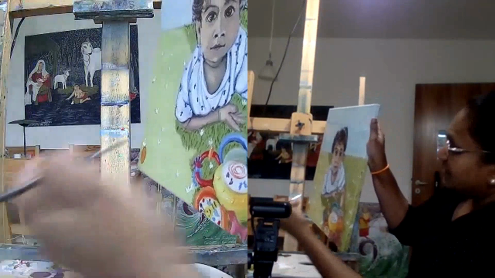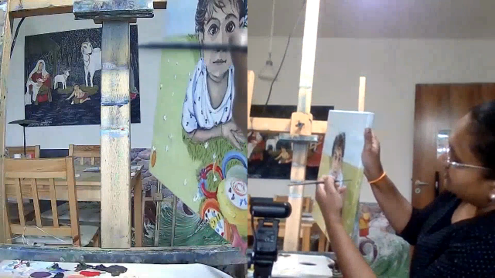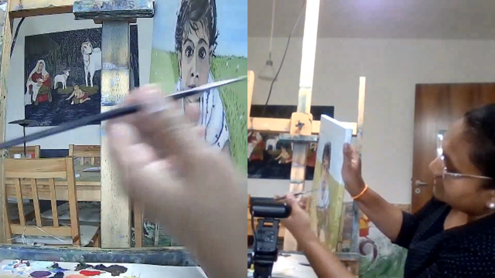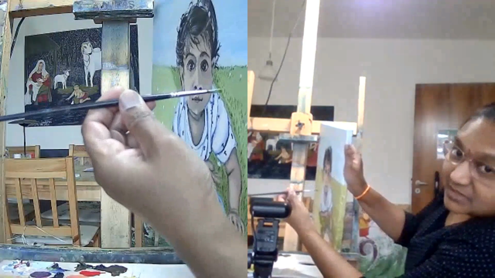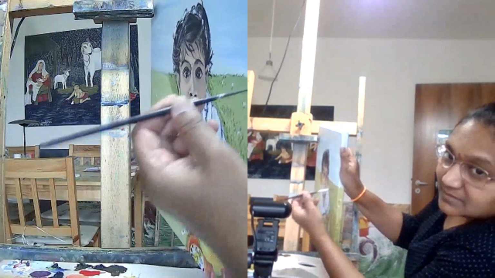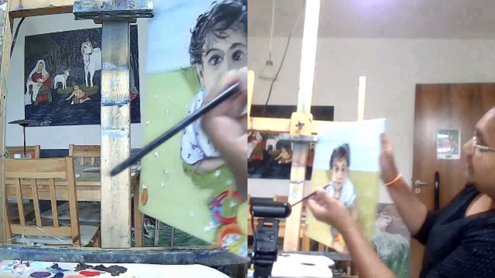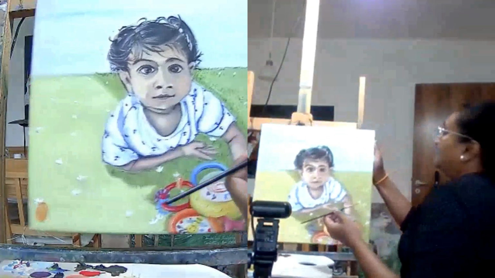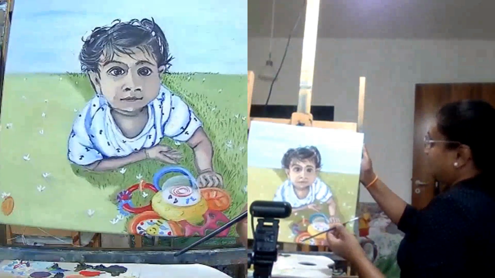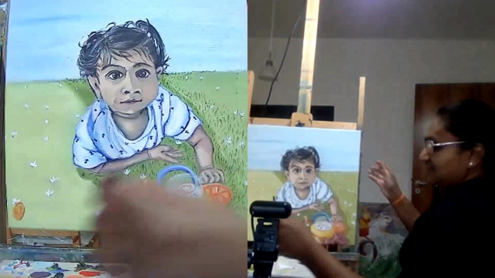So what is really happening is that it's a risk that I'm taking because I cannot see. You can see better. So when I go into the canvas, look at the distance between my brush and the canvas. So it's only touching like that. That's it. Oh, that's what is happening. Yeah, I survived that without damaging the painting much. But we can always fix.